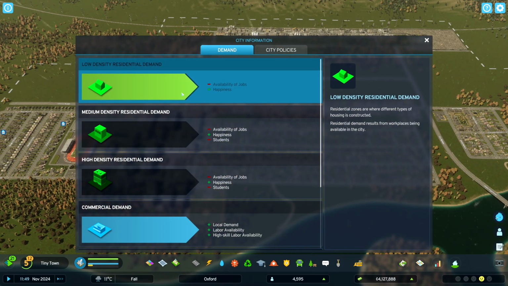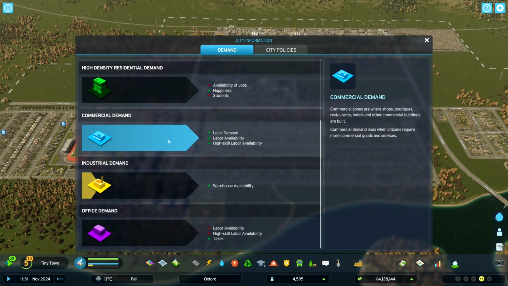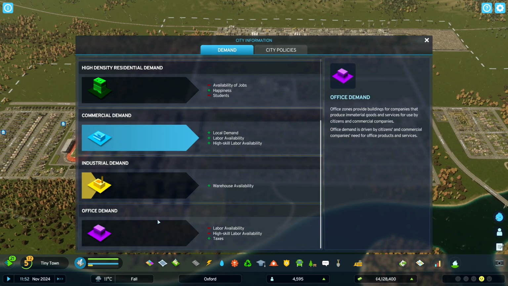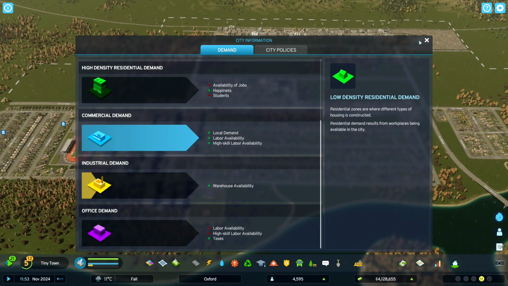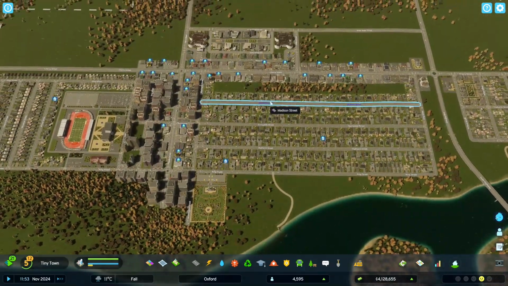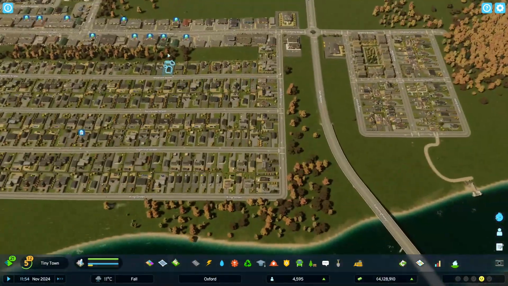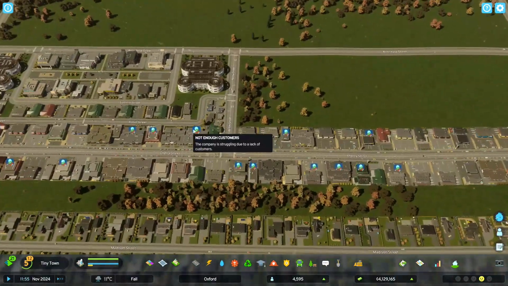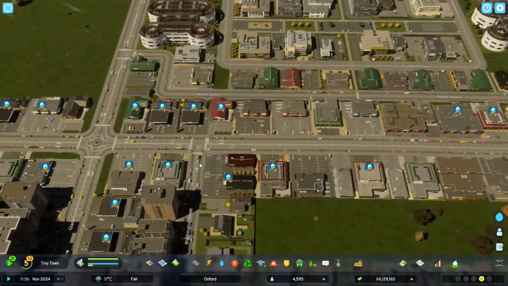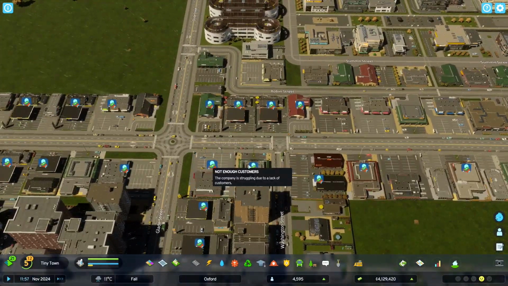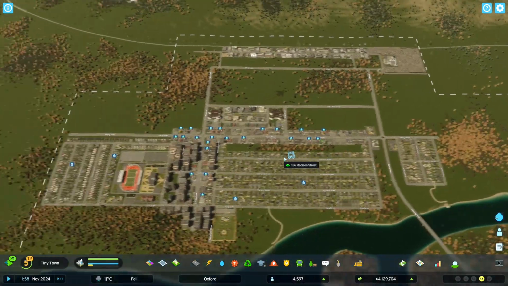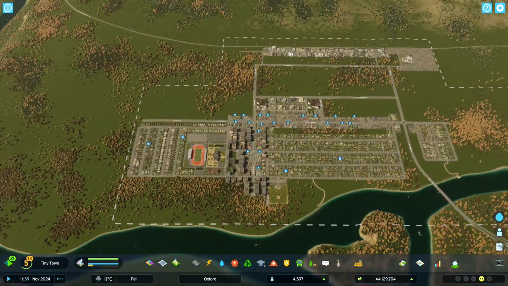First, we're going to fix this issue with our residential demand. We'll try and cover some of the commercial demand as well, possibly put a bit of industrial in, and then I think it's probably time that we start working on our traffic issue. So yeah, we can see there we've got a few errors from not enough customers. We should hopefully fix that once we have a bit more residential in place.